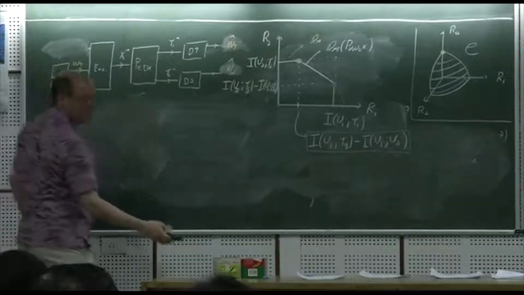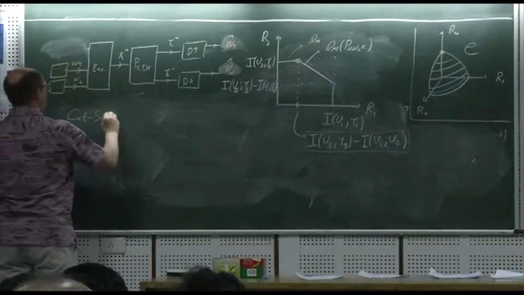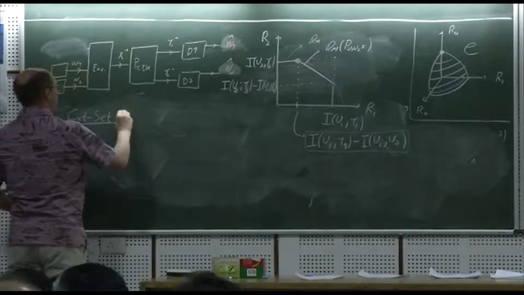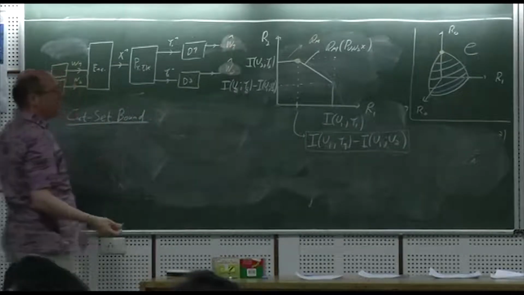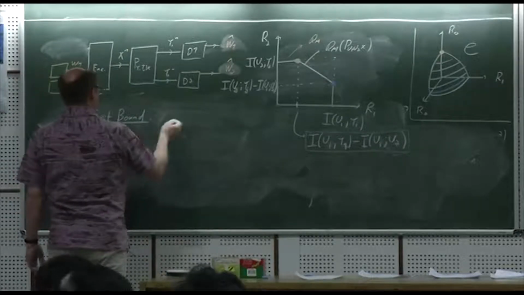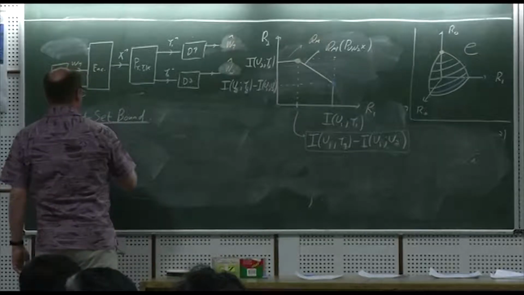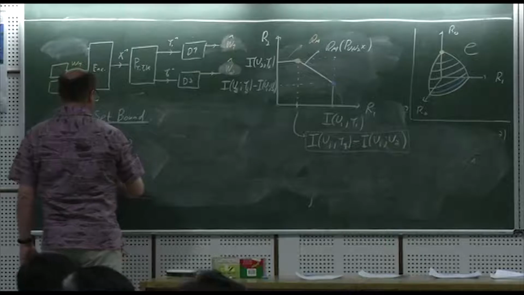So what we can show is the following kind of bound. It's the cut set bound for the broadcast channel, an outer bound. So a general outer bound on the broadcast channel is the cut set bound. It looks like this. C has to be a subset of the union over all distributions on Px of